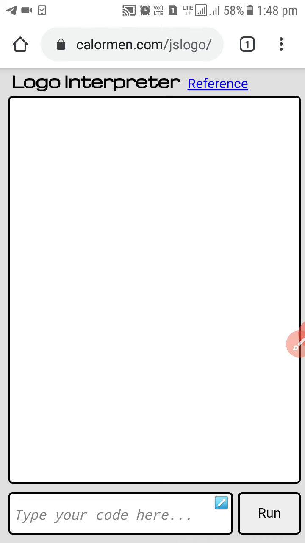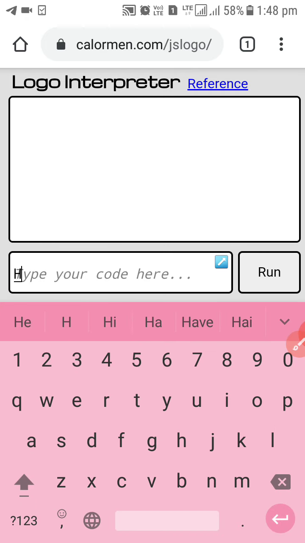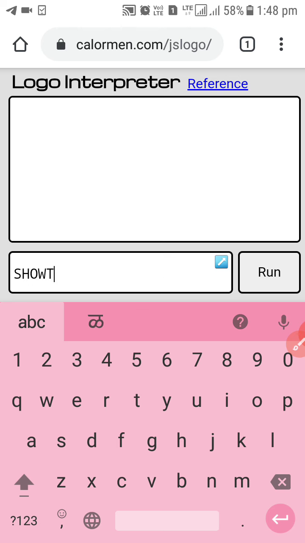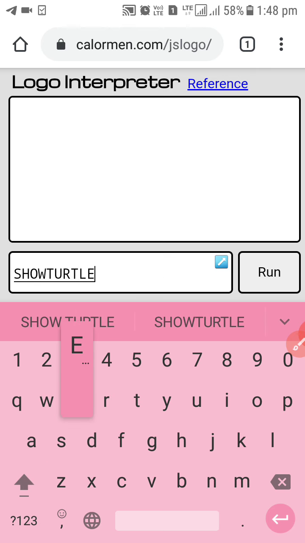The next command is show turtle, that is the ST command. You can write either show turtle, or in short you can write ST. So let me write SHOWTURTLE.